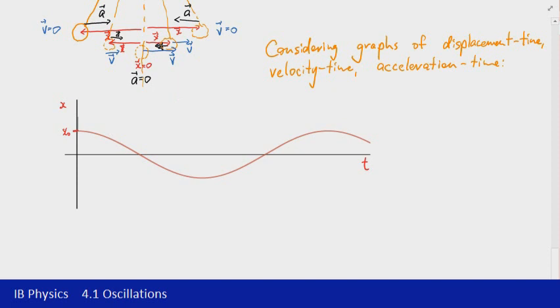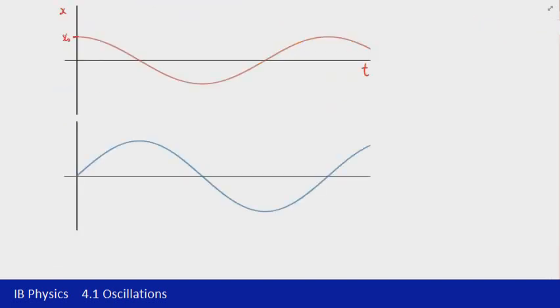But if we go down and have a look at the velocity versus time graph, again on the horizontal axis we have time, but now we've got velocity on the vertical. So we can see initially the velocity starts off at 0, then increases to a maximum as the object is passing through the equilibrium position. Once it then reaches the other side, the velocity has once again decreased to 0. Notice that we started off with a cos function for the displacement, and we've now got a sine function for